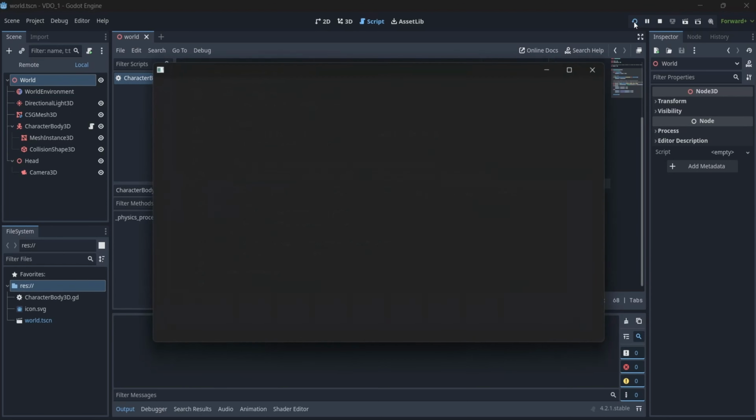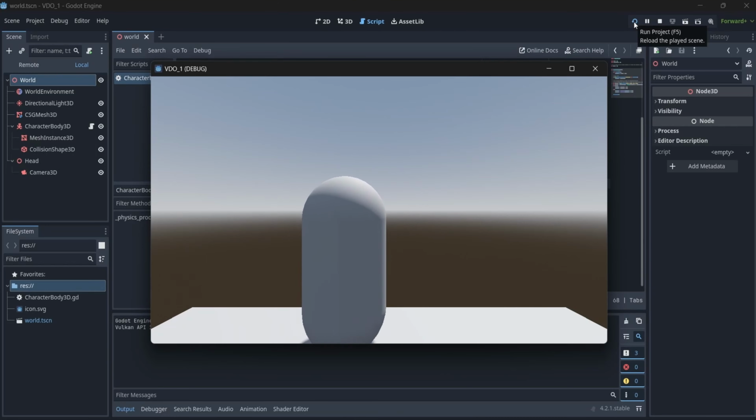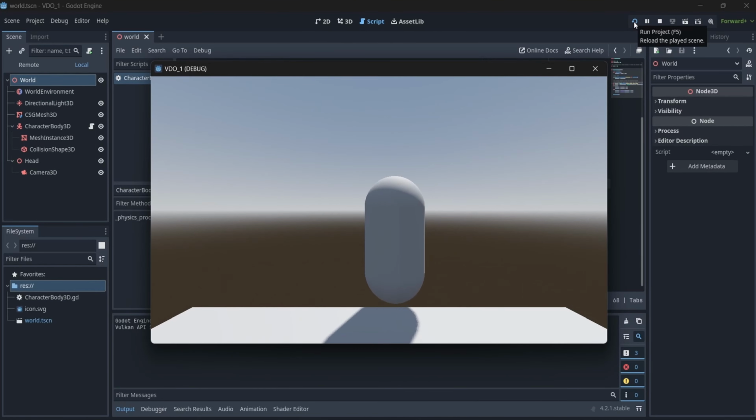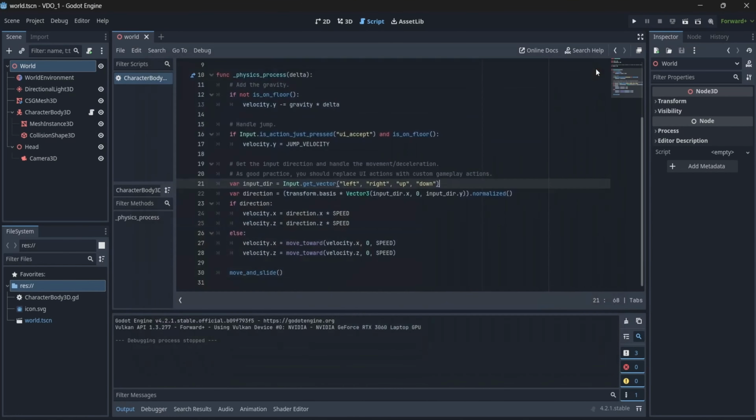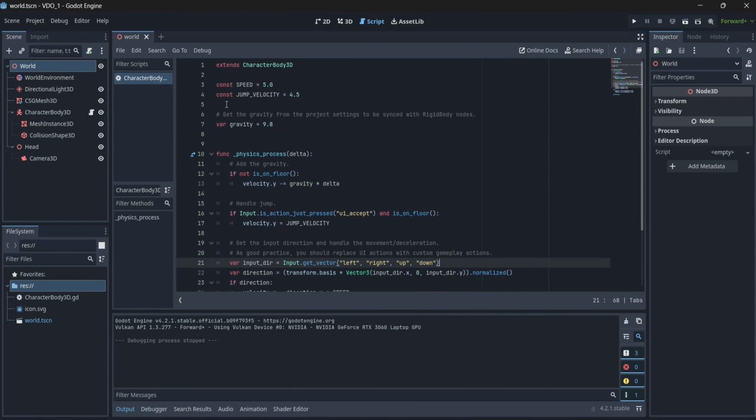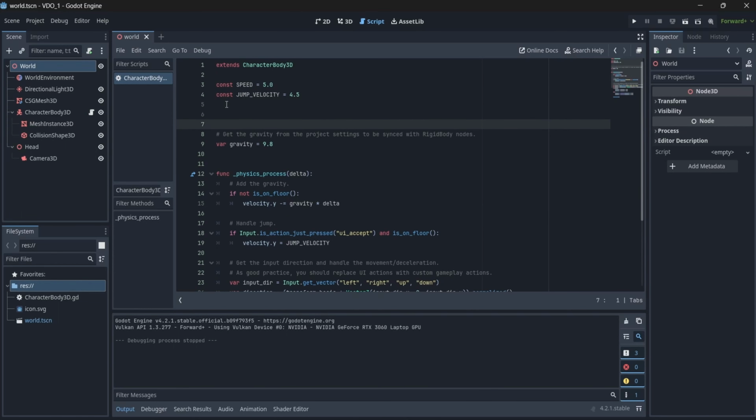Okay, after it did, we're going to test run it. Okay, our character now moves with the WASD keys. So next thing we're going to do is code our head. So we're going to add